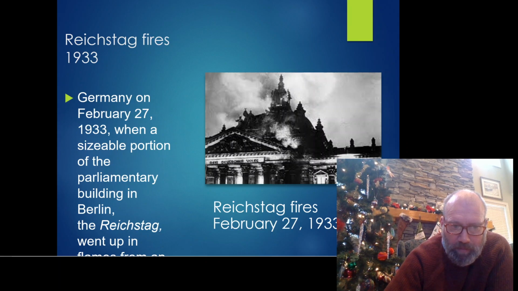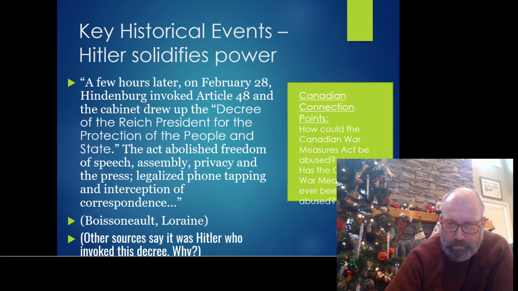So a sizable portion of the parliament in Berlin went up in the Reichstag fire, and the Nazi Party took the opportunity to blame a communist and get rid of the democracy. So Hitler solidifies power. Hindenburg invoked Article 48, and the cabinet drew up the Decree of the Reich President for the Protection of the People and the State, which abolished freedom of speech, assembly, privacy, and the press, legalized phone tapping,